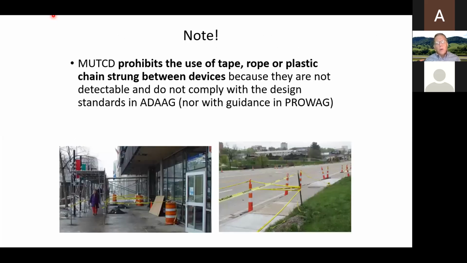And one thing I do want to note, this is sort of a pet peeve of mine. I see this all over the country, but we should not be using this yellow caution tape or rope or other things strung between devices, mainly because they are not detectable. An individual with a cane or low vision pedestrian cannot detect these things, and so we should not be using